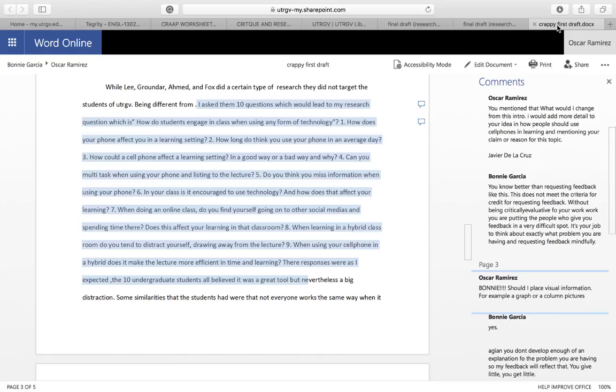Reason being that I wasn't very good at asking for feedback, and I'm not very good at giving feedback. But through this process, it helped me a lot. And so what I knew about feedback really was that someone would hand you the paper and you would just read it through almost the entire thing and then just possibly, hopefully find something and just critique them on it. But other than that, that was all I knew.